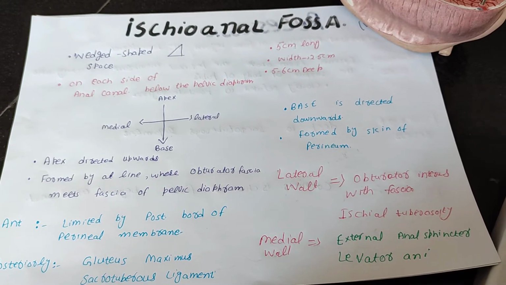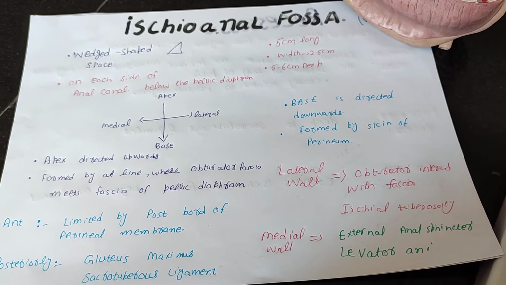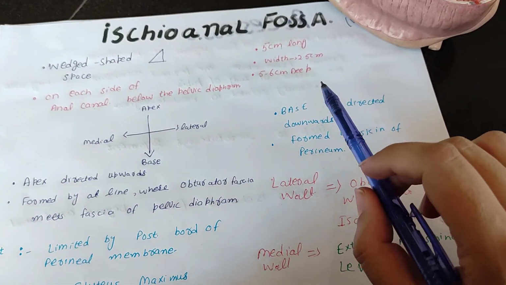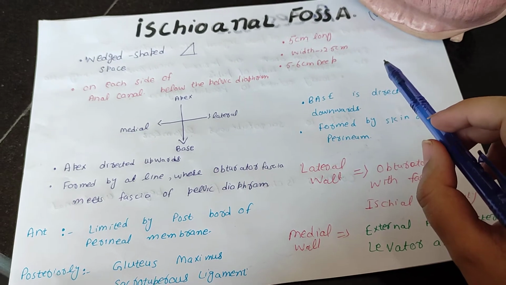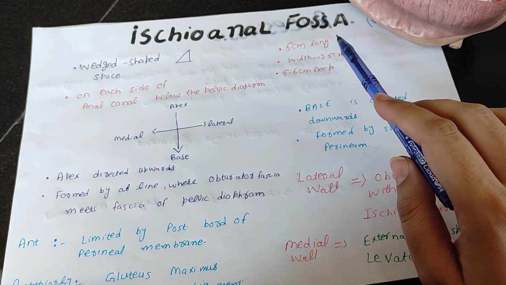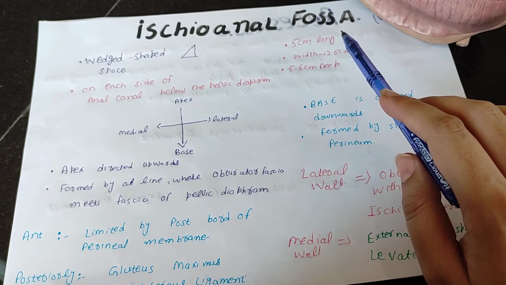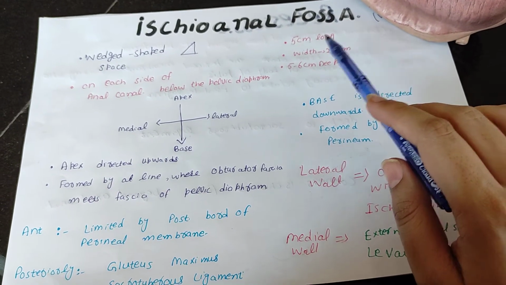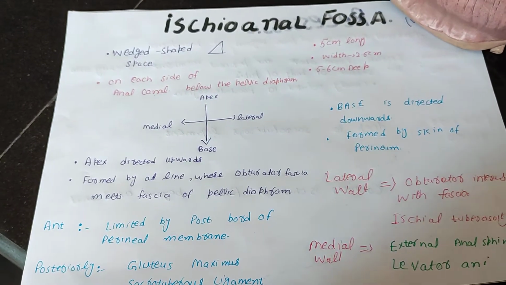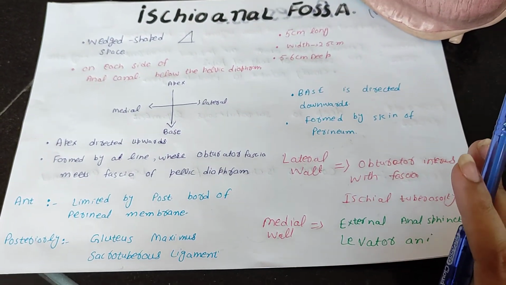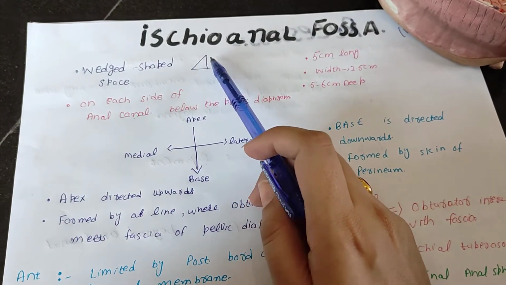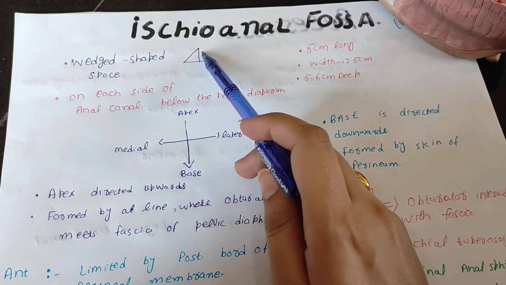So as I was telling, the ischiorectal fossa is an important question asked in examination, and there are clinical scenarios. They give clinical scenarios where an abscess is formed in the ischial fossa, and they ask for the site of infection, and then they ask for the boundaries that are involved in that infection. That is the ischial fossa, which is the site of the infection, and then they will ask the boundaries of the ischial fossa.